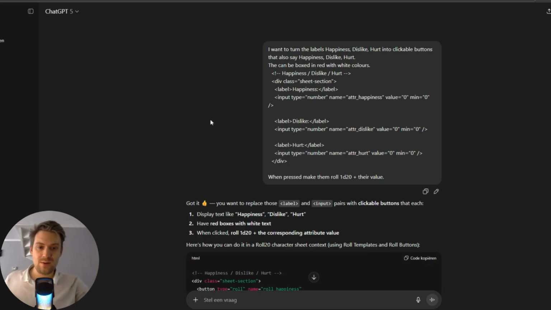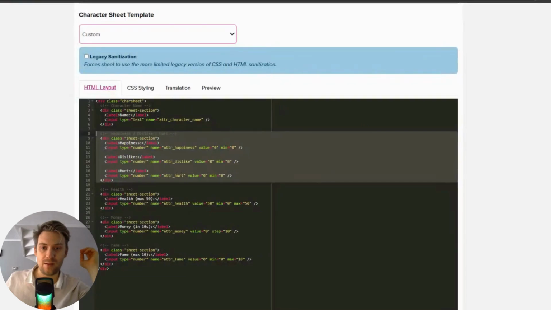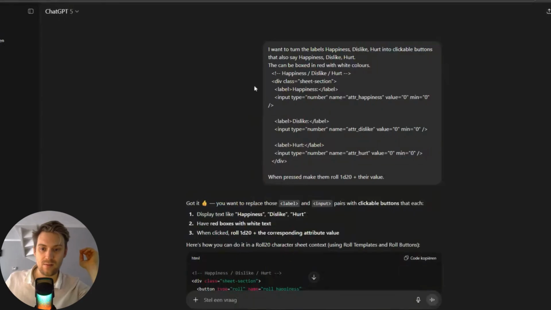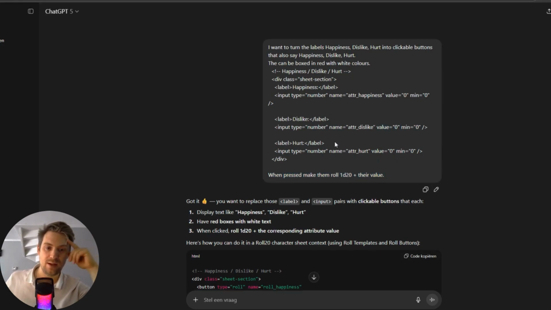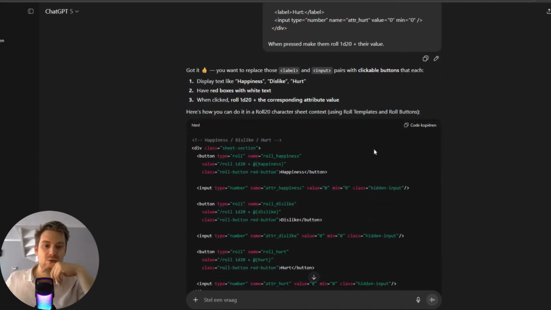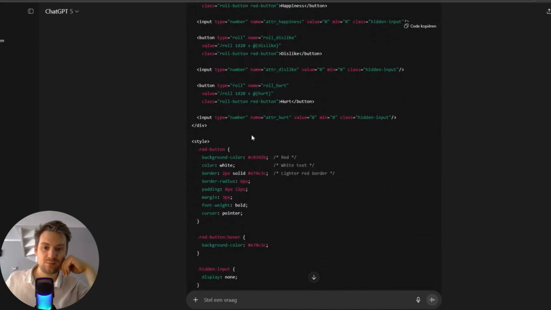So I went into ChatGPT and I prompted it. I asked it, I want to turn the labels happiness, dislike, hurt into clickable buttons that also say happiness, dislike, and hurt. They can be boxed in red with white colors. And then I copied this part into ChatGPT and I said to it, when pressed, I want them to roll 1d20 plus the value that they have. So ChatGPT gave me this